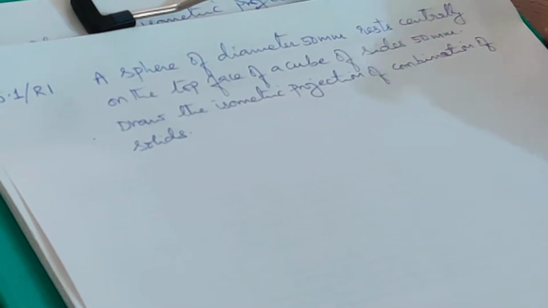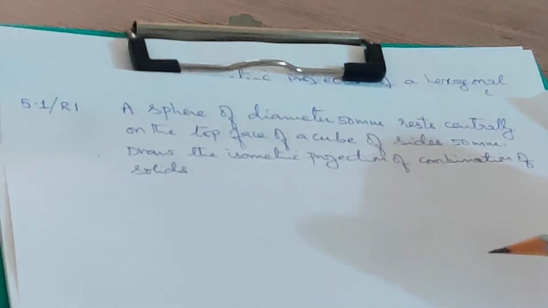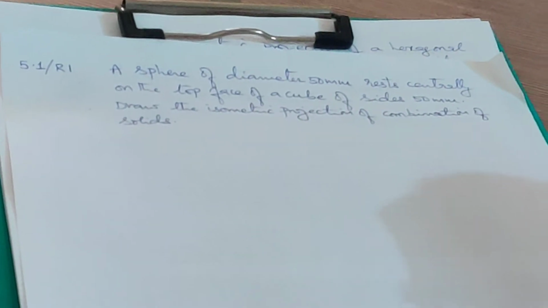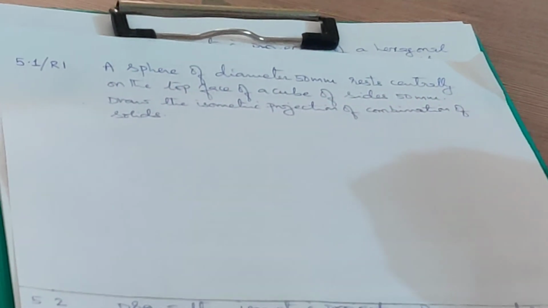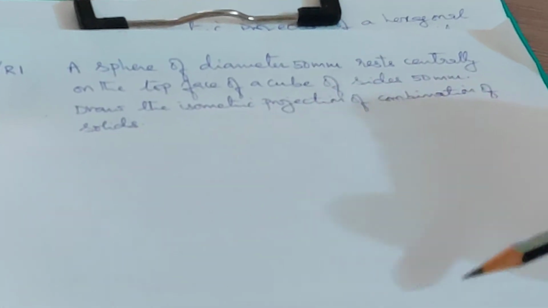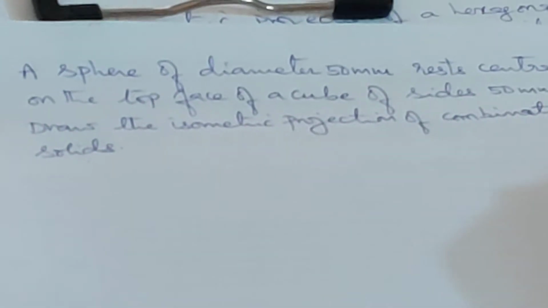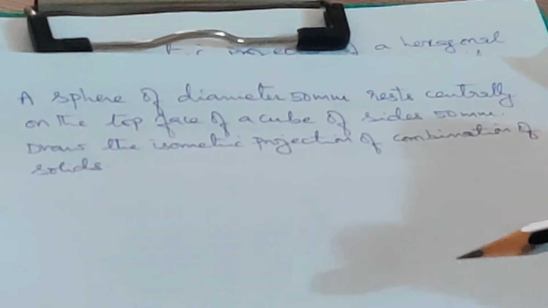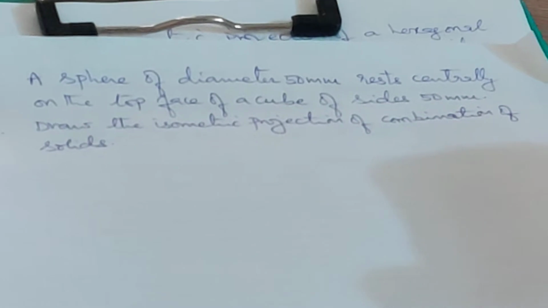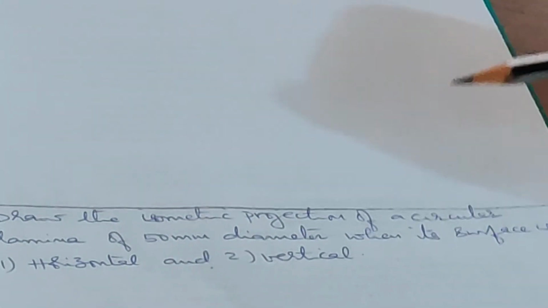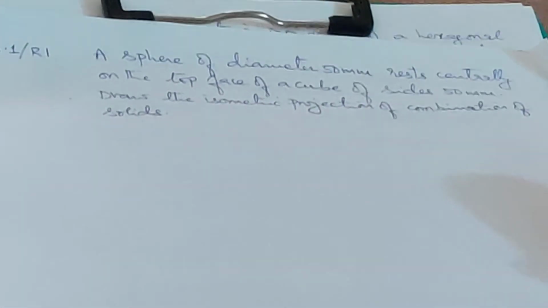So even if you take your isometric graph sheet, I want you to divide this into two parts like this, so that you can make both the problems on the same sheet. Even if you are using a white sheet, you can divide this into two parts and solve both the problems on the same sheet, so that it will be easy for me to evaluate. I want you to include problem number 5.1 and 5.2 in the same sheet, whether it is a white sheet or a graph sheet.